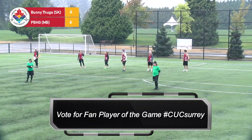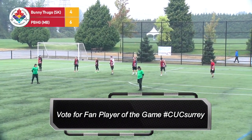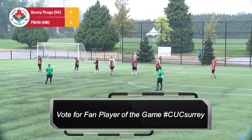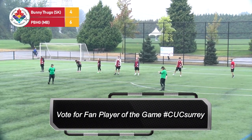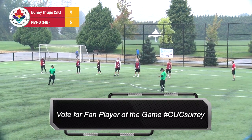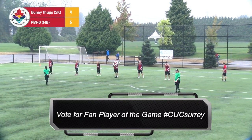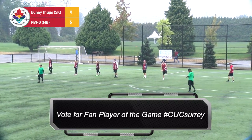Yeah, 3 very long marathon-style points with PBHG, coming out on top 2 of those 3 points and making it look easier. Felt like they had a bit more grind in them, and we'll see if the Bunny Thugs can find that same grind here for the second half and make a run of their own. We've seen Bunny Thugs has shown that they can't be discounted just yet. They've had a couple of good points and they've gotten a break, so we'll see if they can do more